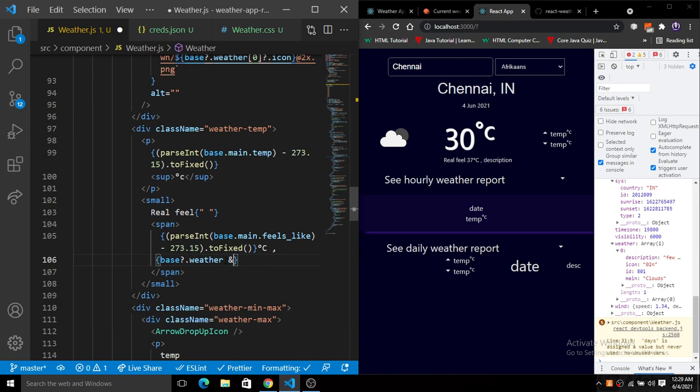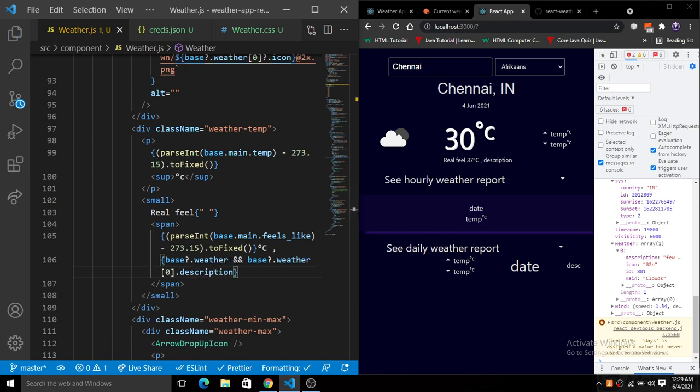So base dot weather, and inside of this weather we have a description. So let's put the description here. Okay, now let's save this. You will see we have the description also on the screen, that is a few clouds.